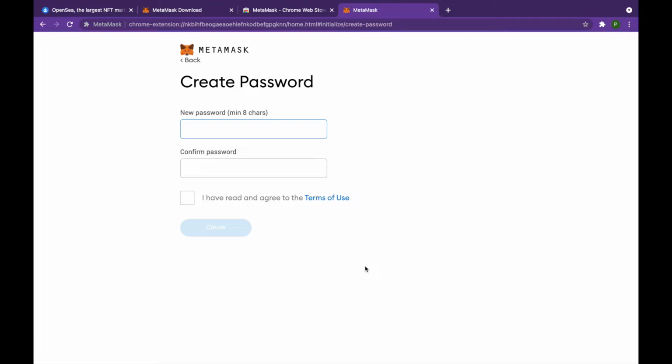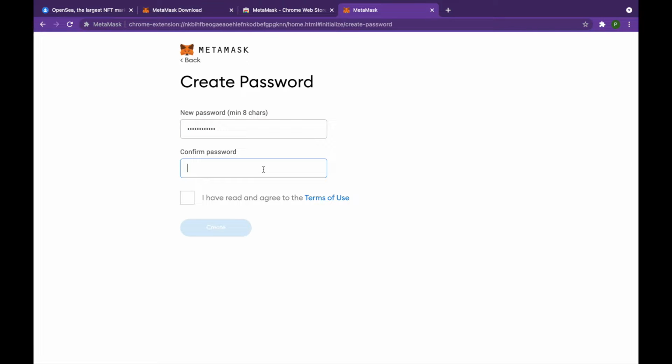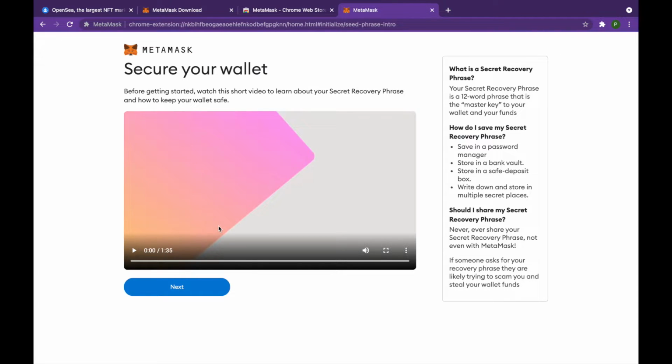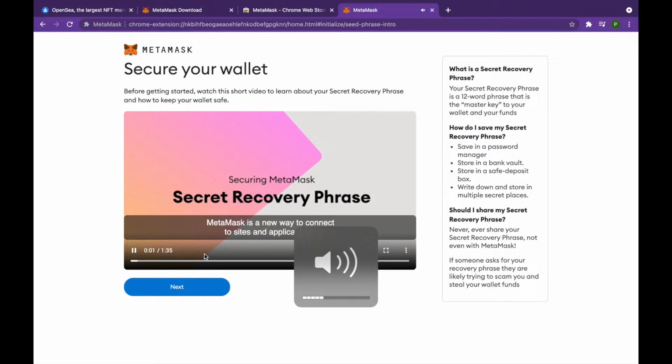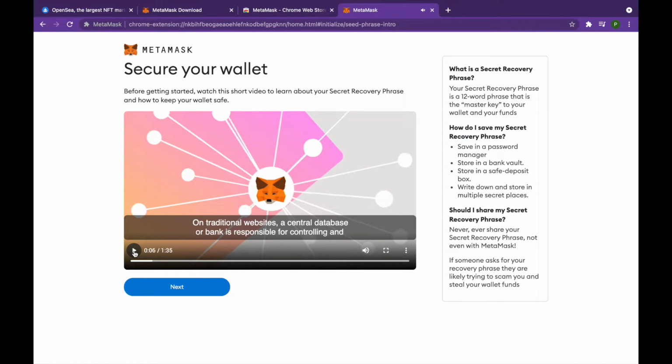You're going to create a password. Agree to the terms of use and create. Now this video, we're not going to watch this right now, but when you set up your wallet, you're going to watch this. This is MetaMask is a new way to connect to sites and applications. Just explaining what MetaMask is and how it's going to help you with